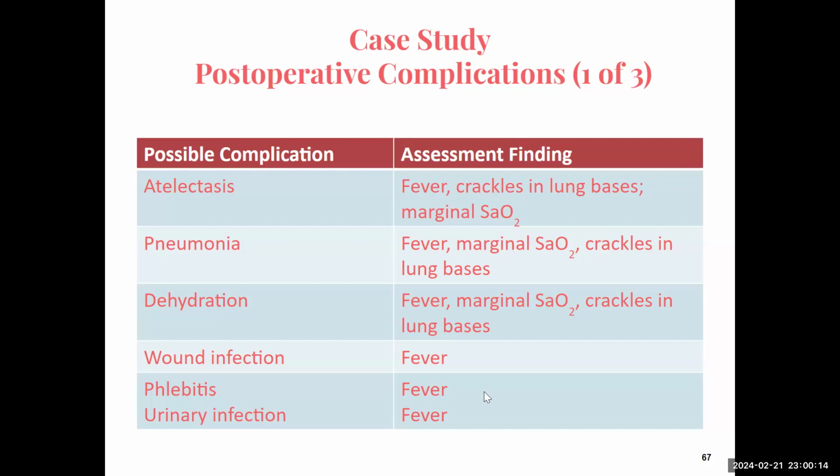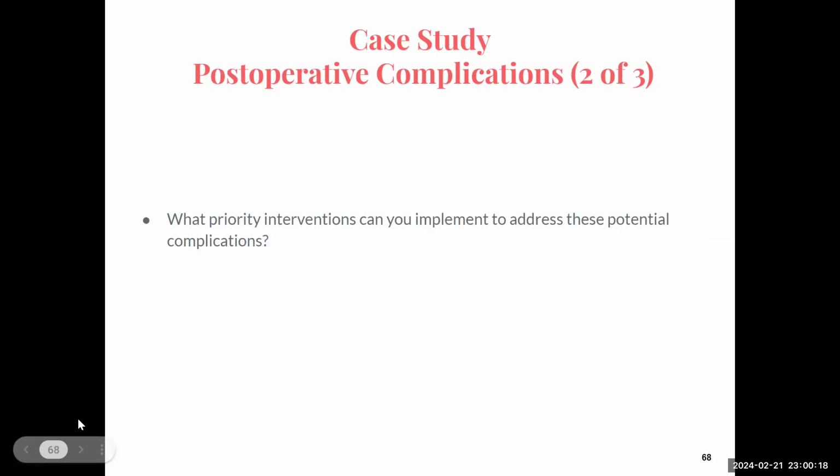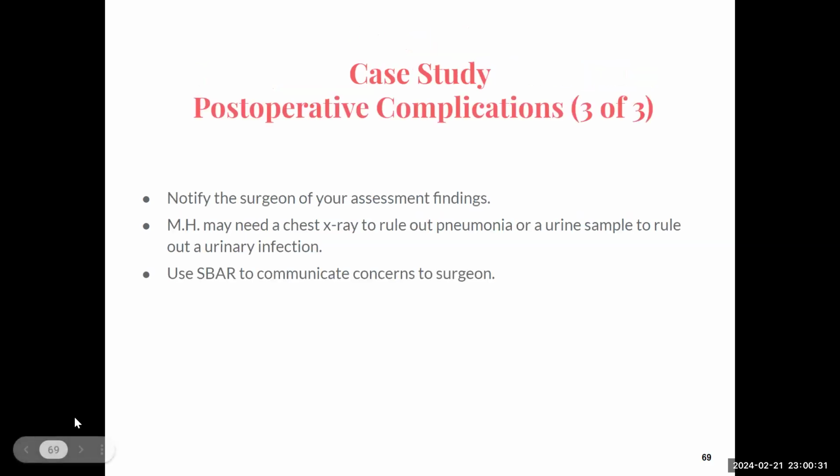So then, okay, what do we do? Well, we have to let the physician know, certainly. But what are some interventions that we can implement to address those potential complications? What's going to give us the most bang for our buck that we potentially could do? And so we're going to tell the surgeon, the physician, these are the things that I'm seeing. The breathing is doing this. I hear crackles. There's a fever. And so then we're going to want to find out,